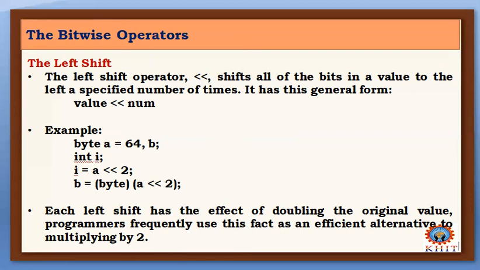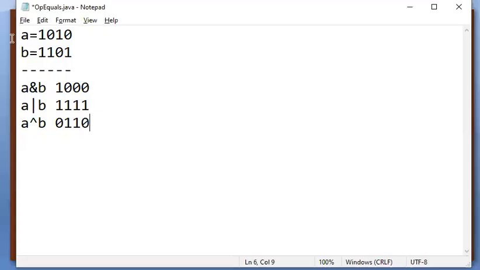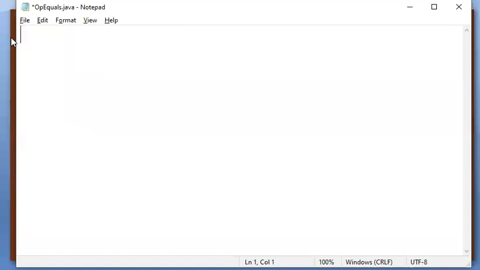Suppose, for example, he has taken 64, right? What is the binary number of 64?